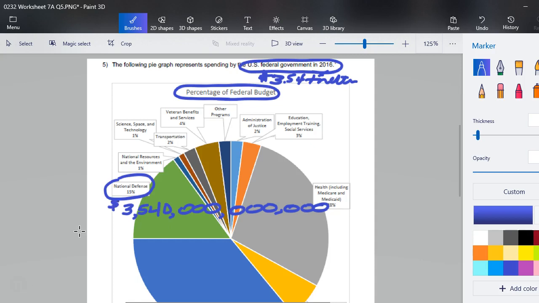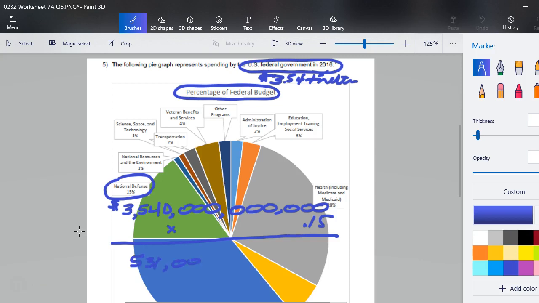So here is an expanded form, or the standard form, for 3.54 trillion. And then it was asking us to do 15% of this. I did punch this in my calculator, and this did come out to be, here we are,